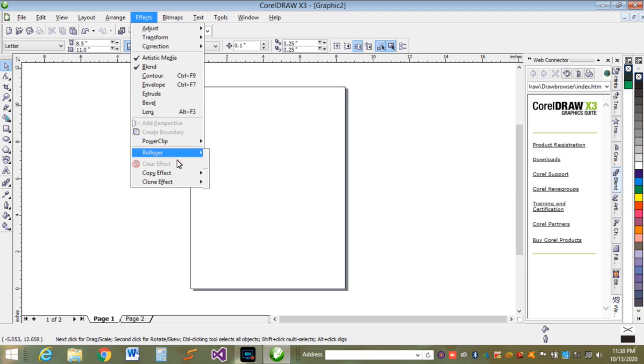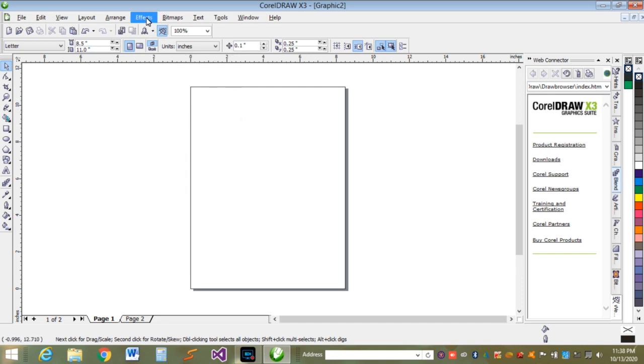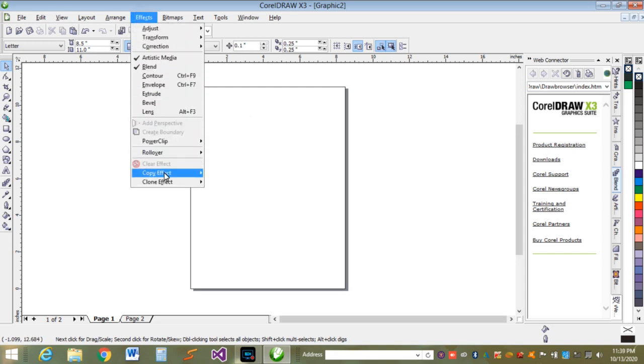So you can copy the effect. For example, you have a design on this page and it took you a lot of time to do it, and you don't want to be repeating the step over and over again. So you can just come here, select the objects already, and then copy effects or clone effects. Okay,